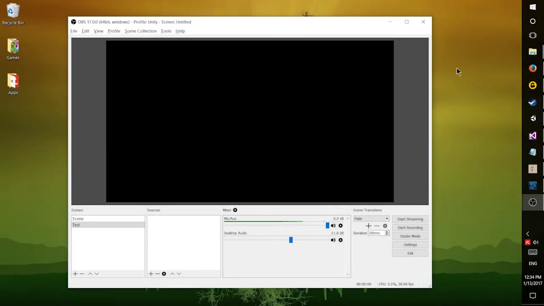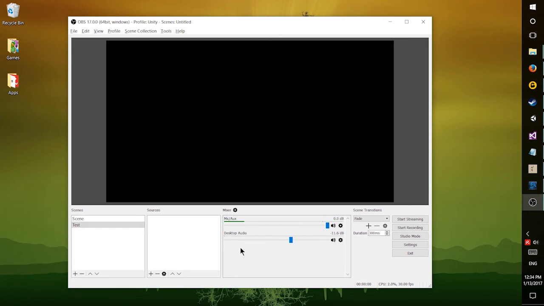Hello everybody, Chris here, and in this video I'm going to be showing you how to add noise suppression and noise gate filters inside of OBS Studio 17.0.0, one of the newer versions of OBS. So if I stop talking for a second and we look at this mic/aux, you'll notice it goes completely silent. That's what the noise gate does, and the noise suppression removes some of the background noise that's more quiet than